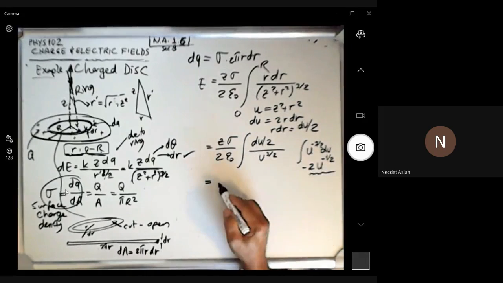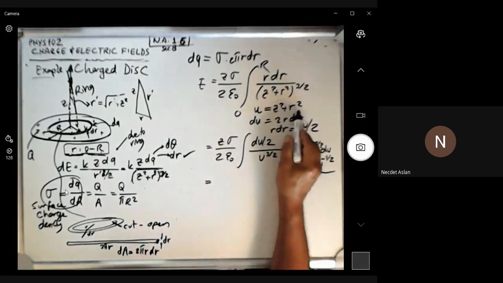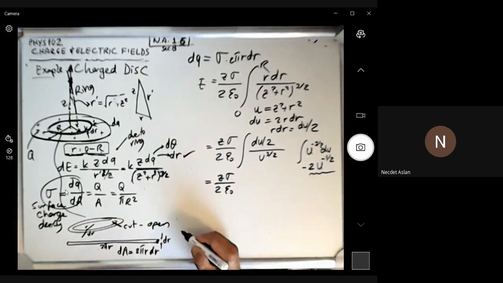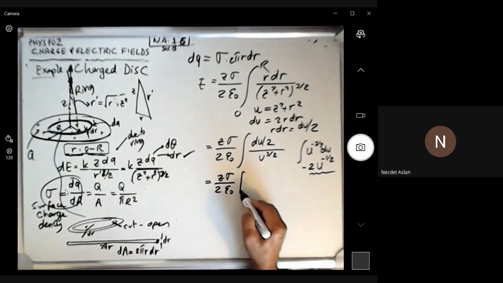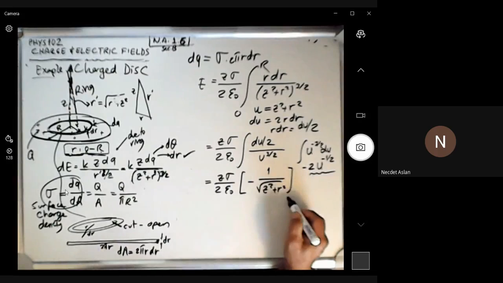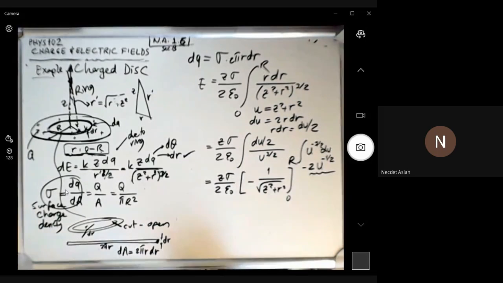When you insert everything and convert u into z square plus r square, this is exactly what you will have. Z sigma over 2 epsilon 0 times minus 1 over u to the power of 1/2, or square root of u, but u is given by this expression. So square root of z square plus r square. Now r is changing from 0 to capital R, okay? So if you put this in,